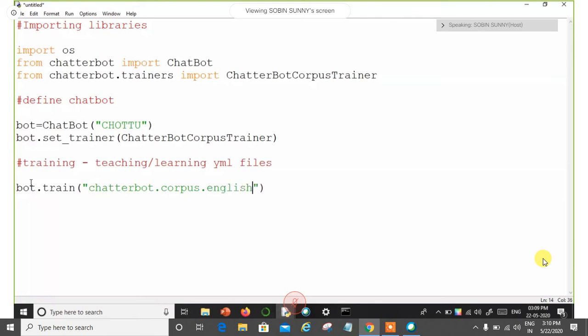Fine. Chatterbot refers to the chatterbot folder, open that and see the corpus folder, and inside that you just go to the English folder. This is the meaning of this. Now once you have done this, you can proceed. This is the line for training. If you run this cell